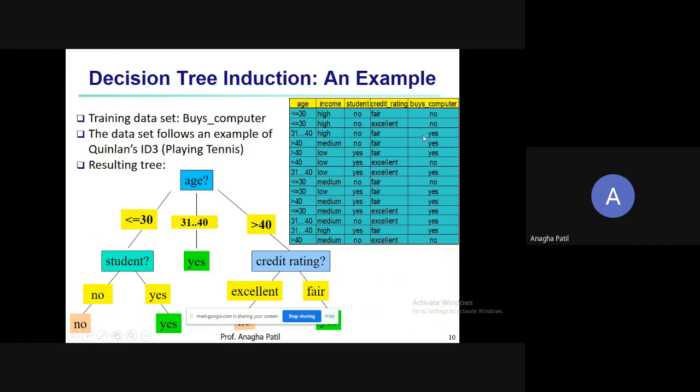Still we are getting the class label as yes. So whatever the values of income, student, and credit rating, we are going to get the class label as buys computer is equal to yes. So we are saying that if the value of age is 31 to 40, the class label would be predicted as yes. And similarly, we'll do it for age greater than 40.